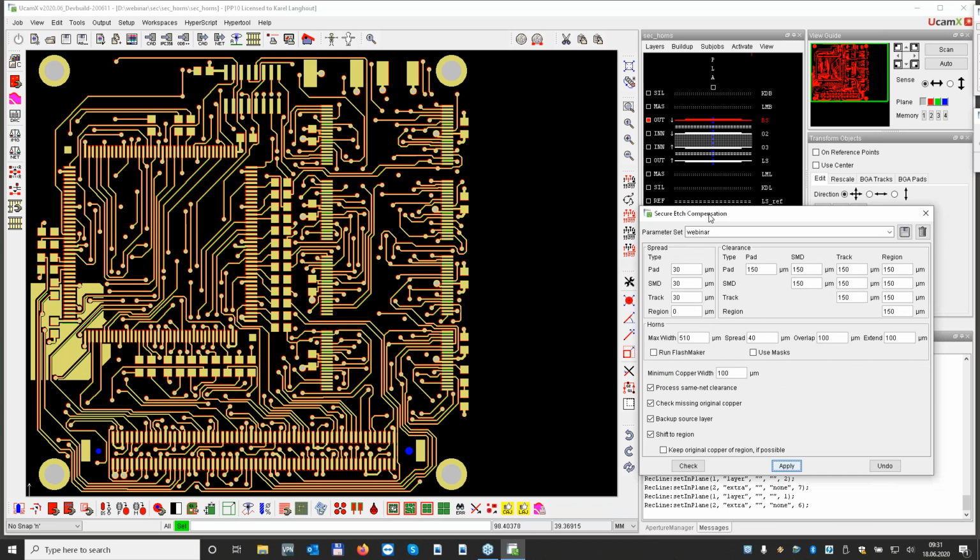Like I said, this whole job that we did took 1 minute to process, and the result is that your etching process will be much more reliable.